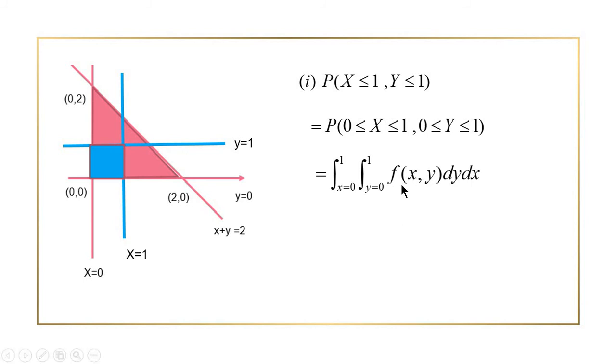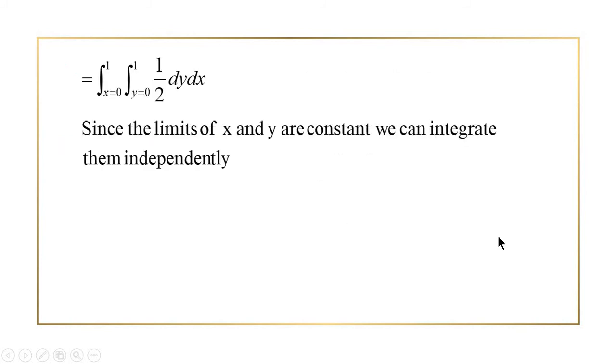Therefore, we have to integrate the joint PDF with respect to the limits of x and y. You got these limits by considering a vertical strip. You do the same method when you consider a horizontal strip. Upon considering all the vertices of the square, the limits of y will be from 0 to 1 and also the limit of x is from 0 to 1. Okay, now you can integrate the function f of xy, which is 1 by 2, and since x and y have constant limits, you can integrate them independently. Upon solving, you get the answer as 1 by 2.